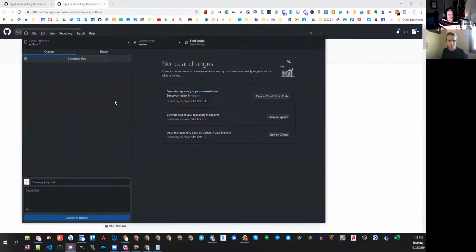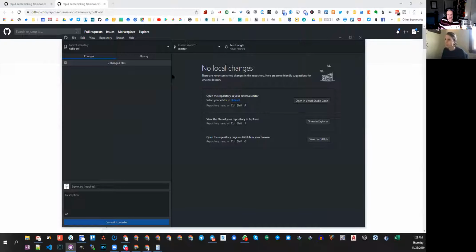Pega's been using the GitHub desktop UI too, and it's working really well for her. Yeah, so I should have that locally now.